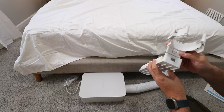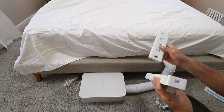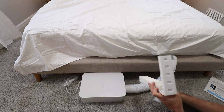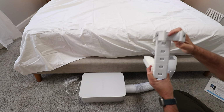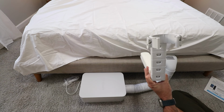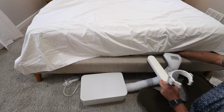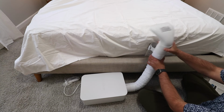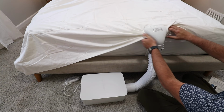You can see this comes apart just by pressing a little tab there, and the same is true for all of these extensions. So I'm just going to slide the extensions in place like so, and then I'm going to slide the top piece in place. So now we've got our nozzle extension, and it's ready to be put underneath the bed. We've got the nozzle piece in place, and we're just going to then slide this in,